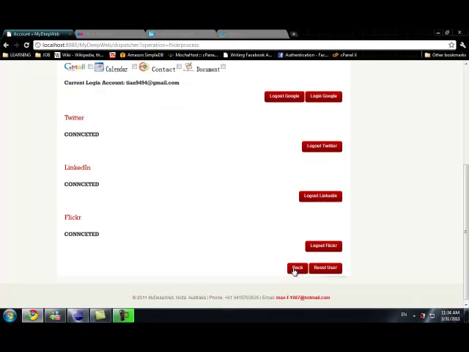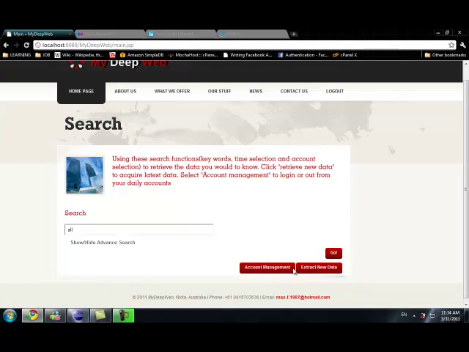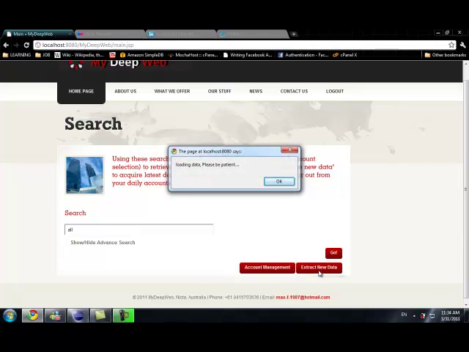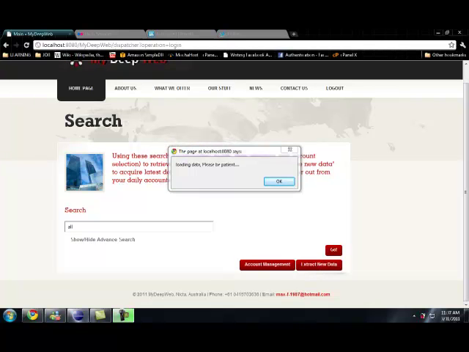So now we're going back, and we will start extracting the data. This may take a bit of time since it's the first time of using this system, but after the first time is done, every time we do extraction, only the latest information will be extracted. This step may take a while since it has to extract the data from different online services, and it also depends on your internet speed and your data size.